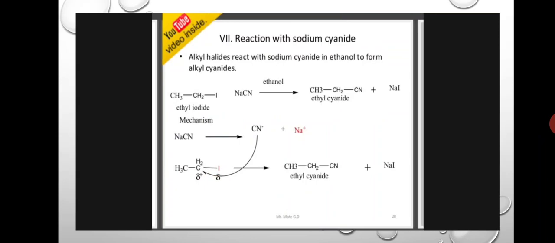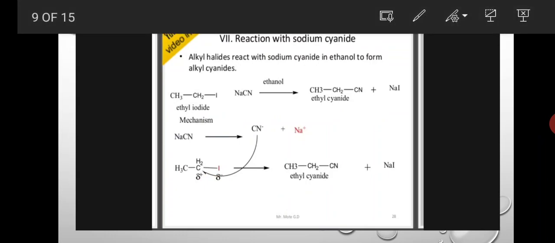And next is reaction with sodium cyanide. Alkyl halides react with sodium cyanide in ethanol to form alkyl cyanides. Okay, here, what is the alkyl halide? CH3CH2I, ethyl iodide, reacts with sodium cyanide, NaCN, in the presence of ethanol, and it is converted to alkyl cyanide, ethyl